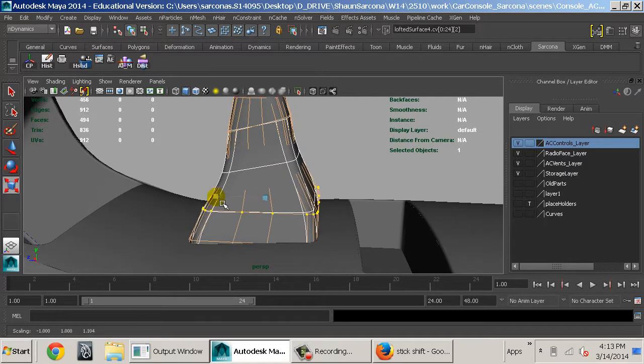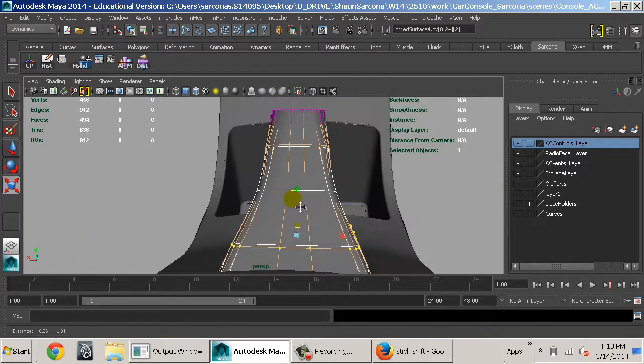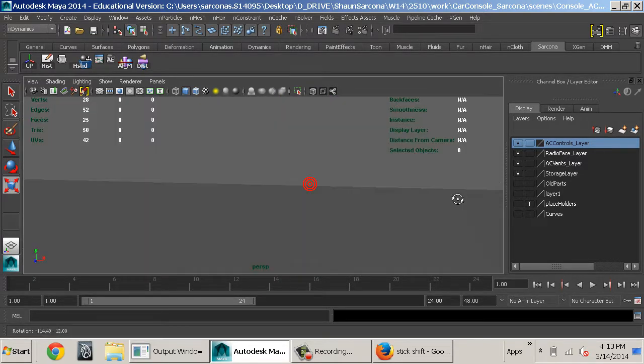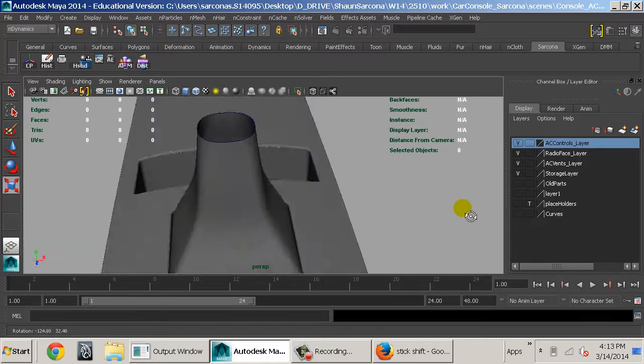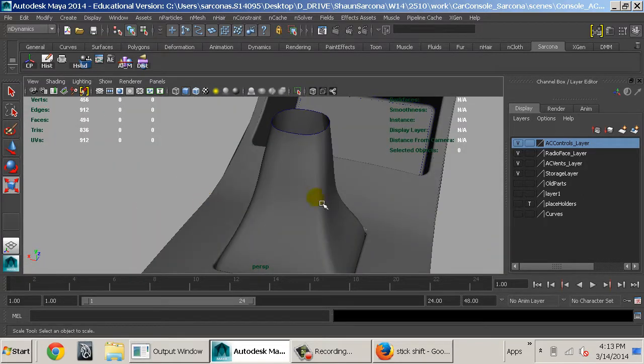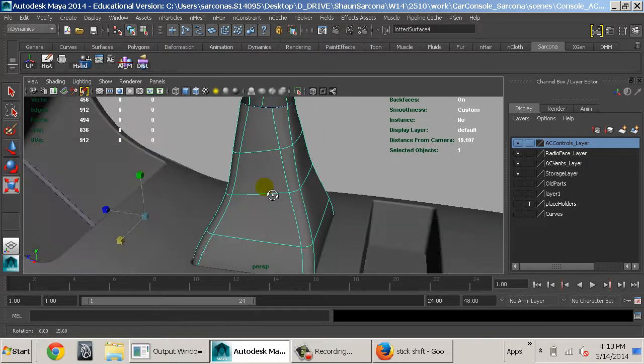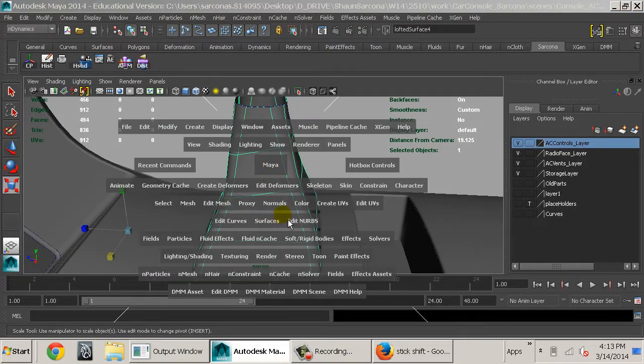Okay, so I'm kind of pushing it towards the back a little bit, just deforming it in a more organic type way. Trying to give it the feel that it's more of a fabric-y or leathery material than it really is. Alright, so that looks pretty good. Alright, so now let's go to